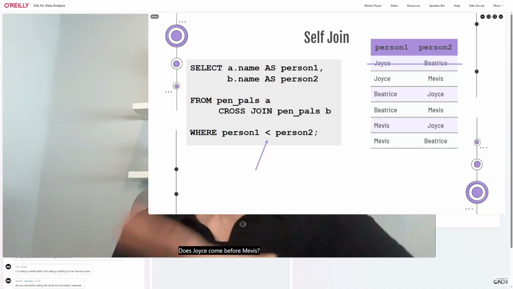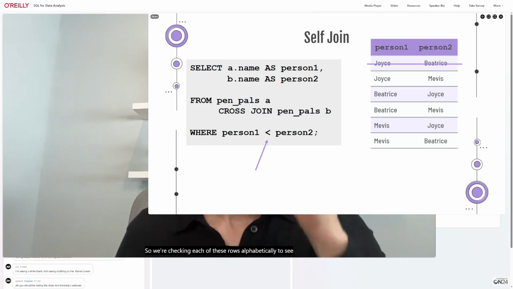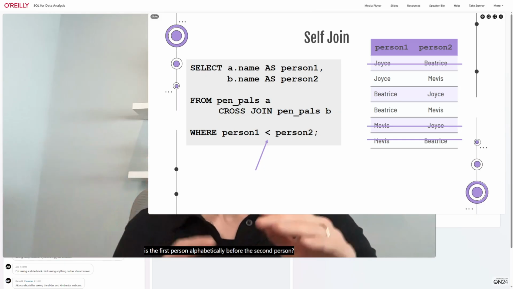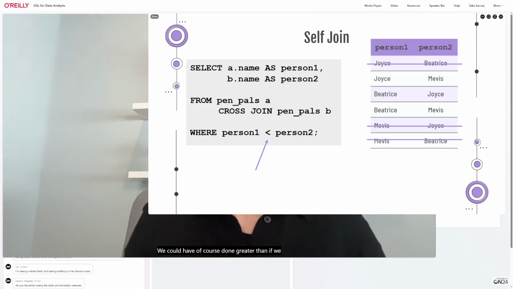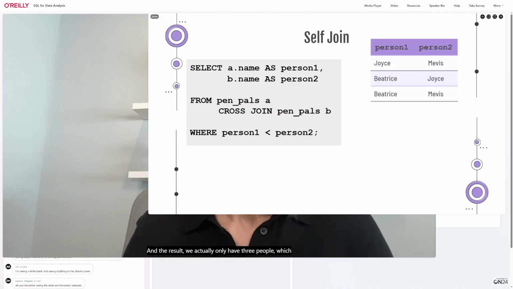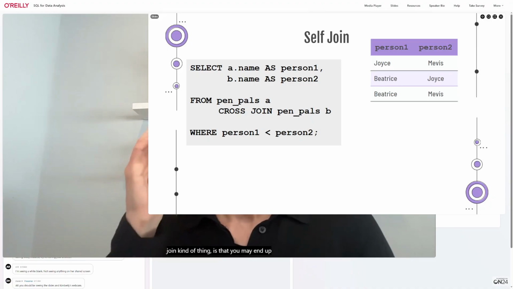Does Joyce come before Mevis? Yes, that one's good. And so on. So we're checking each of these rows alphabetically to see if the first person is alphabetically before the second person. We could have, of course, done greater than if we wanted to, but I did less than here. And the result, we actually only have 3 pairings, which is perfect. Each person paired with every other person. So this is common if we are doing a self-join, especially a cross join self-join kind of thing, that you may end up needing to